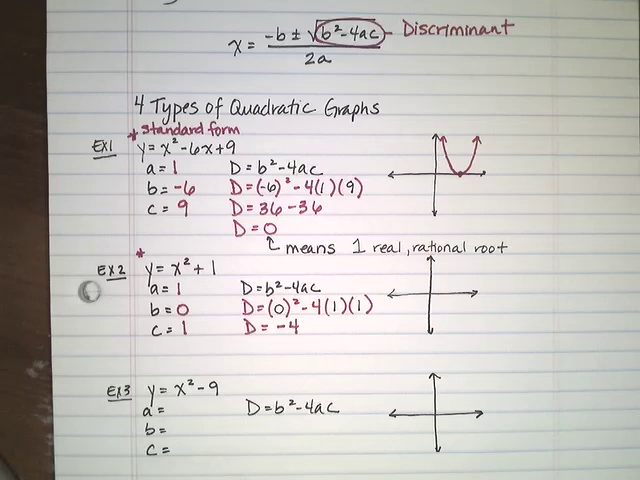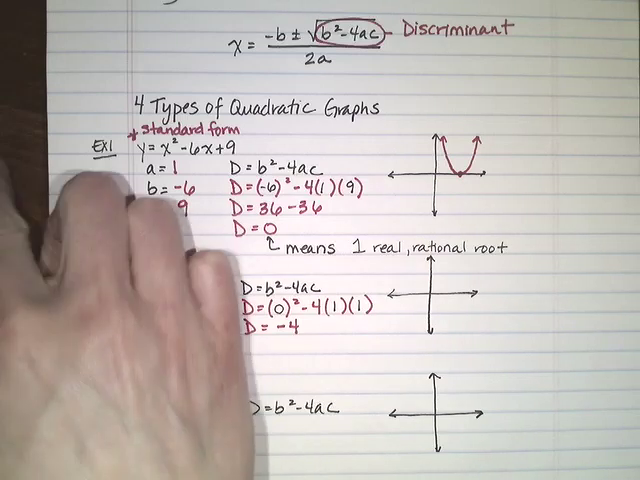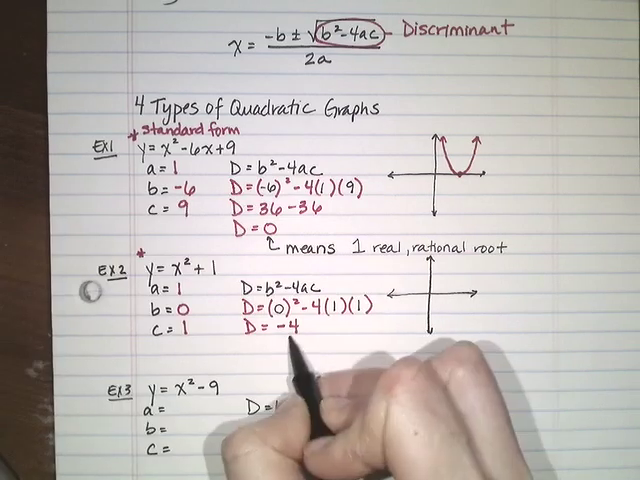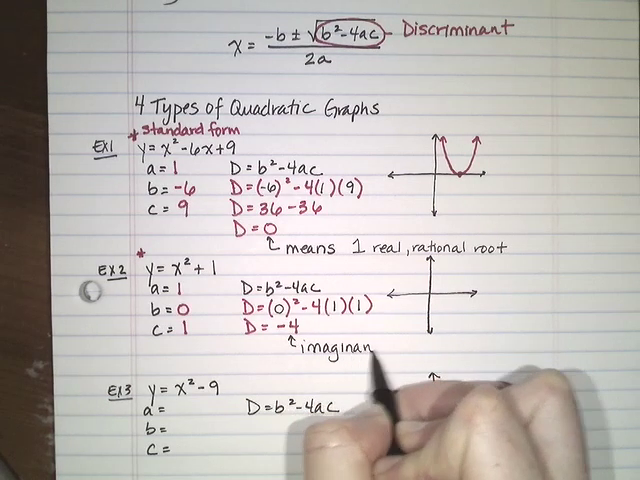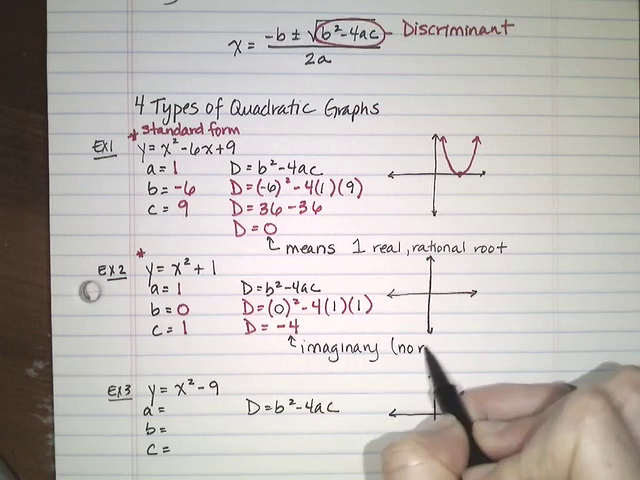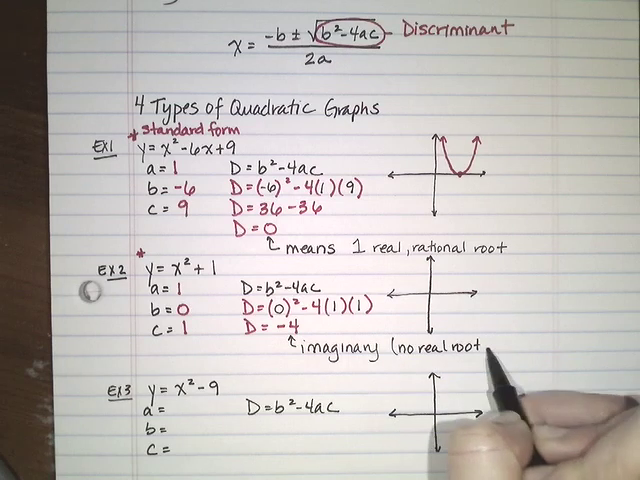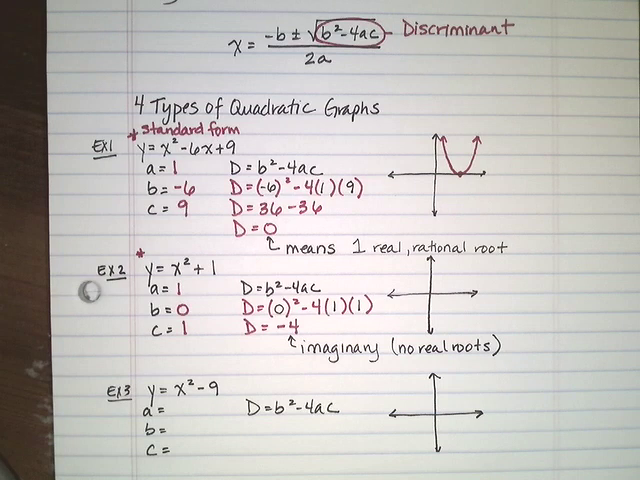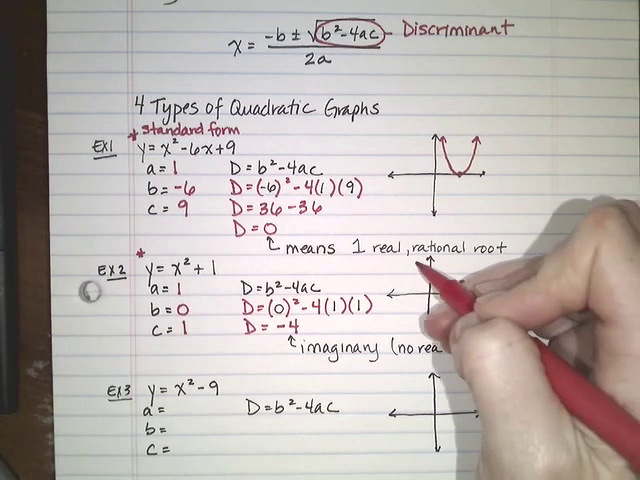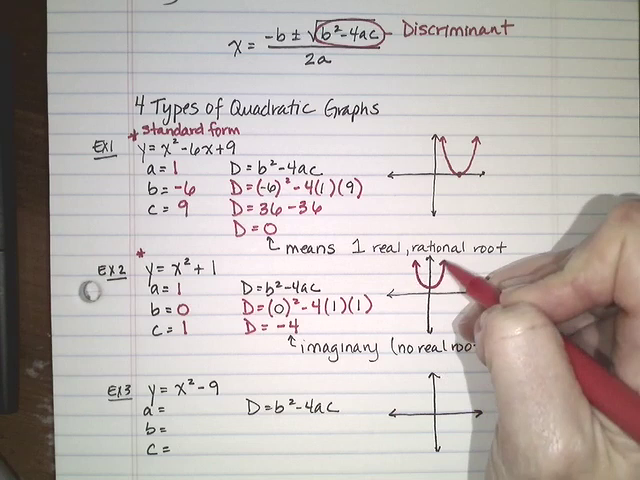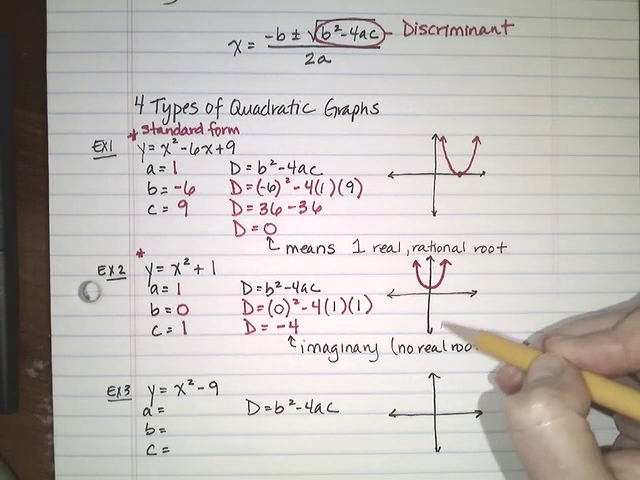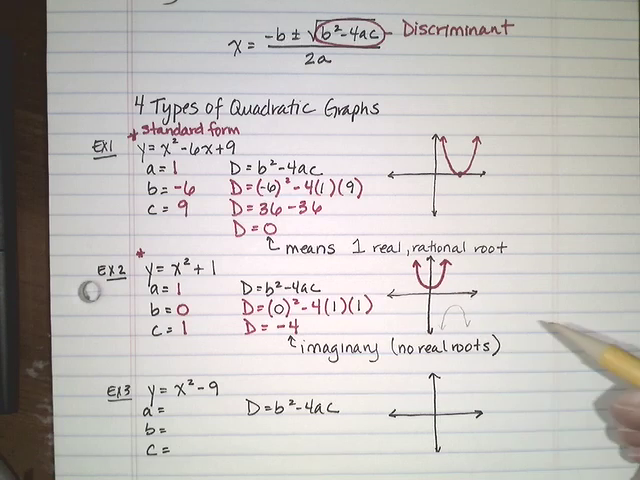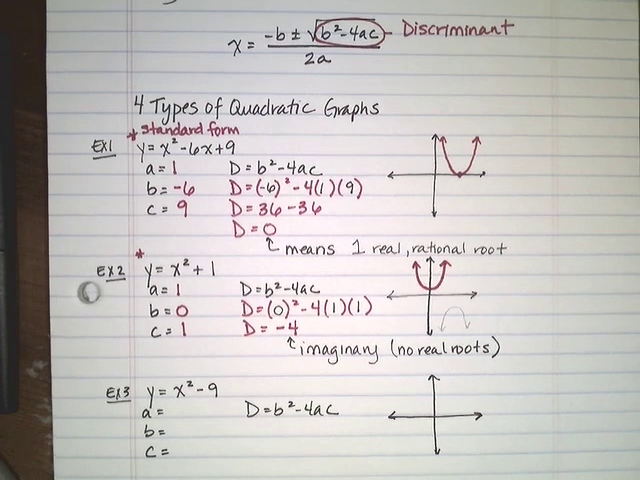So we call that imaginary. Okay, we call that an imaginary or no real root or roots. Okay, so those are what we call imaginary. And those are just graphs that don't touch the x-axis. Okay, they could be above, they could also be below. They could be something that looks like this, right? It could be an upside down parabola. But as long as it doesn't touch the x-axis, then I'll